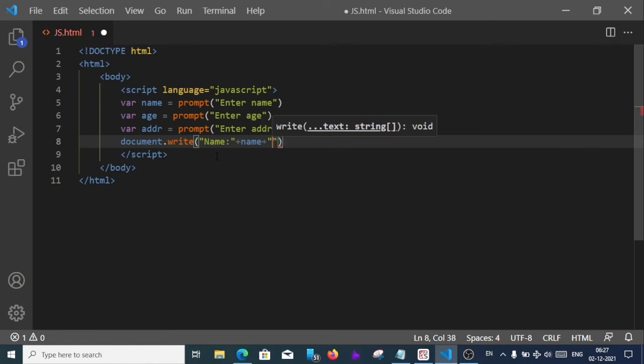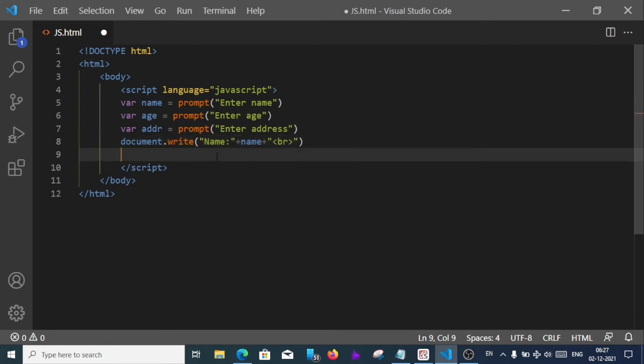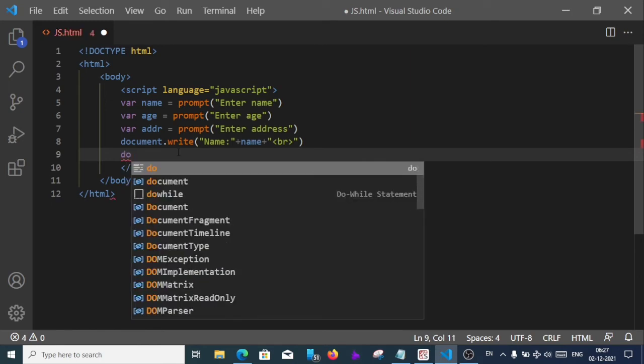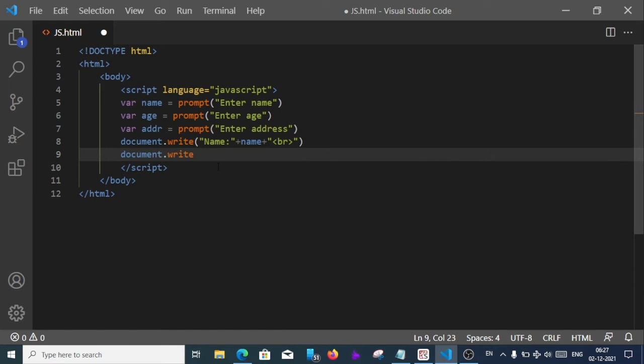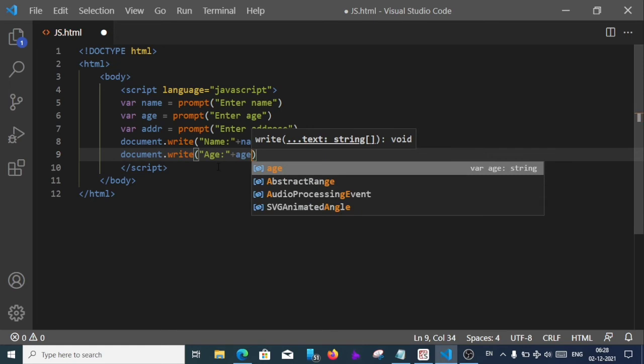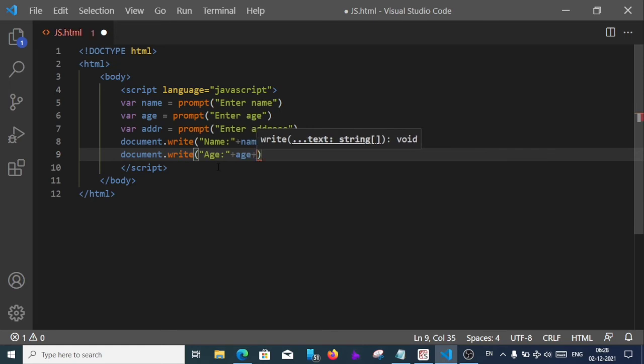Now we'll put one HTML command, that is br, to send the cursor to the next line. Now we'll go to the next line. We are going to copy the same line, document.write, and here we'll write age, plus age, again plus br,